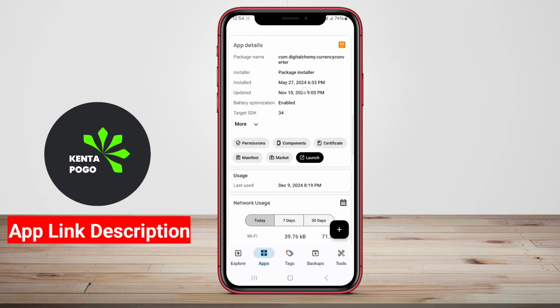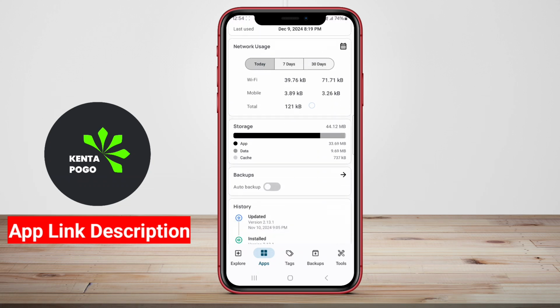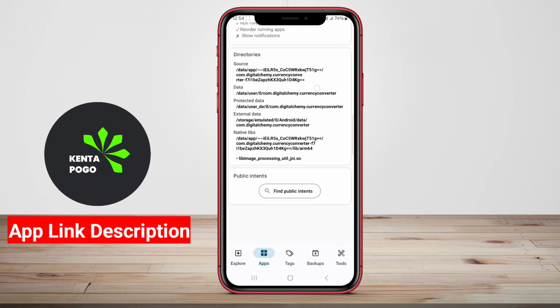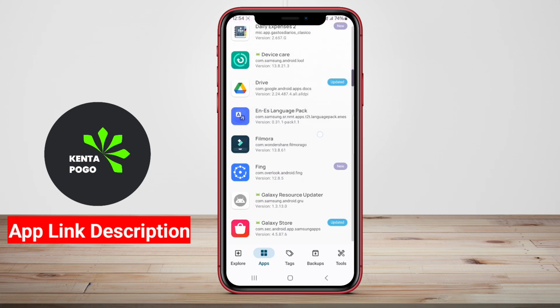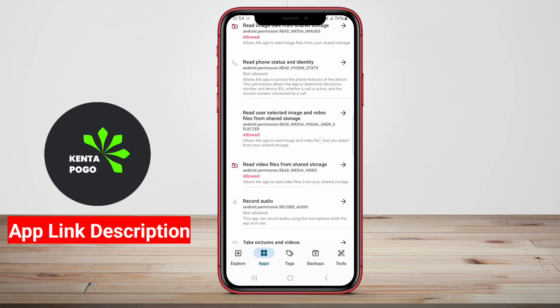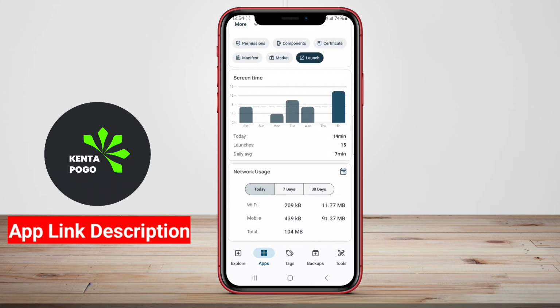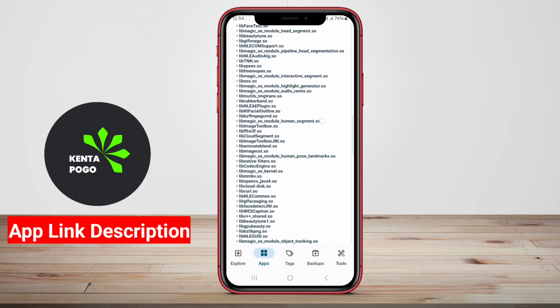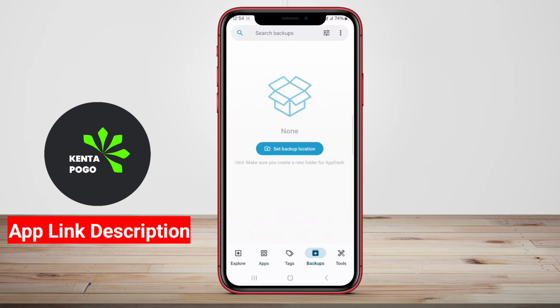In addition to backup and uninstallation features, App Manager and Backup offers detailed information about each application, including storage usage and permissions. This transparency enables users to make informed decisions about which apps to keep or remove. The app also supports batch operations, allowing multiple apps to be backed up or uninstalled at once, saving time and